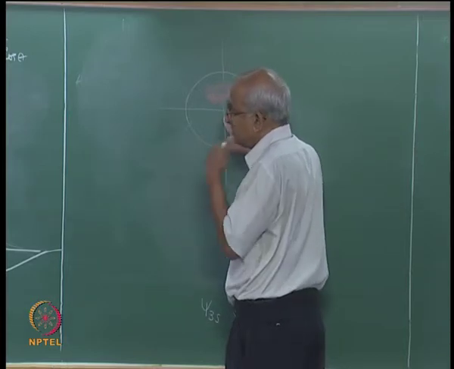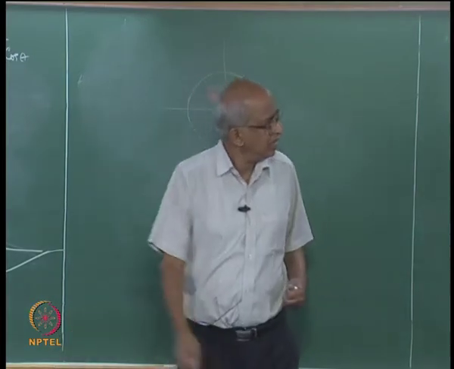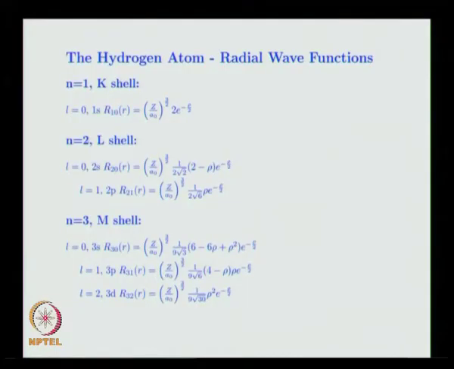Okay, this is a mistake. R31... okay, I did not copy it correctly. If you look at the expression, I am sorry, the expression that is written there is correct. R31 is having 4 minus rho into rho, this rho I forgot to copy. So, whatever I have told you by looking at the function is not correct. I just look at the function and tell you how it behaves, I do not remember all these things.